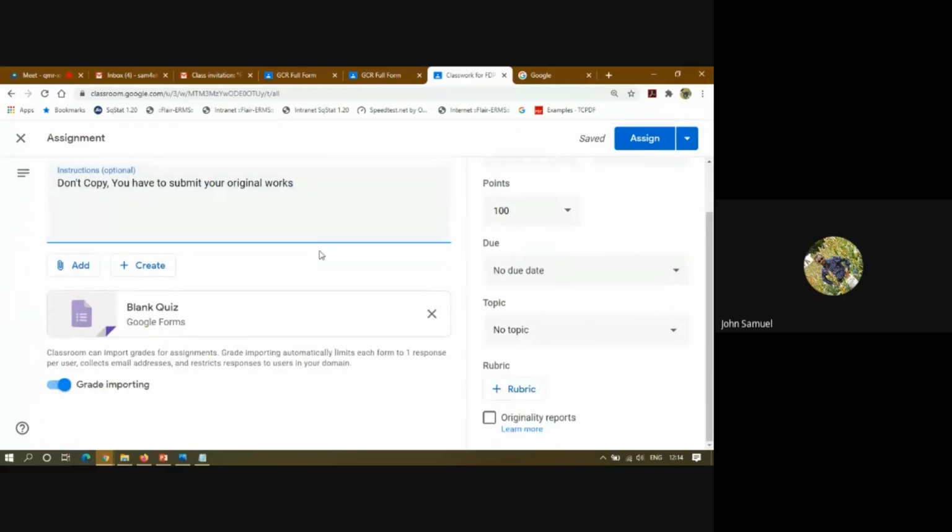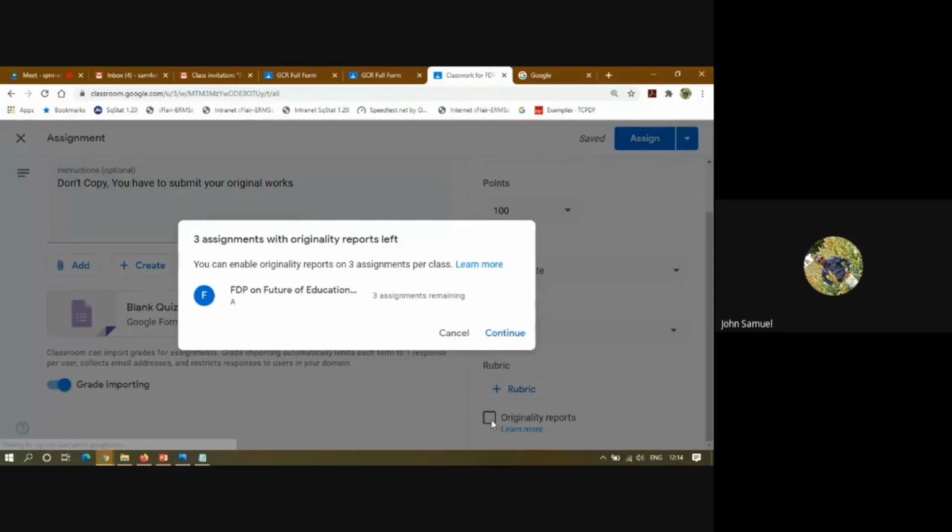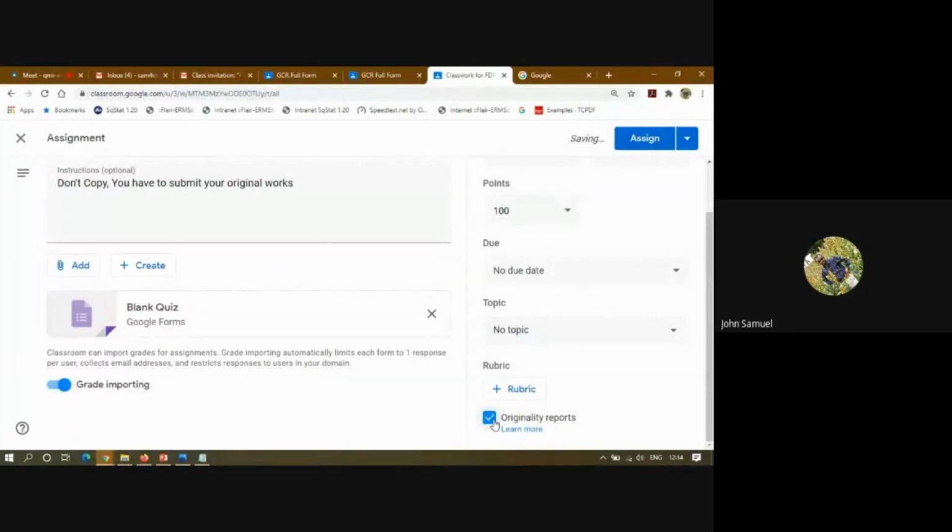That means here one option is that you can get an originality report from the students, right? Actually you can get 3 originality reports per day. Since it is the first quiz for me, I am getting the originality report.